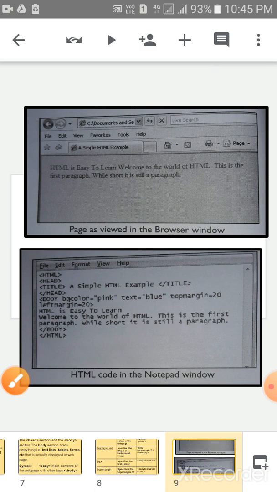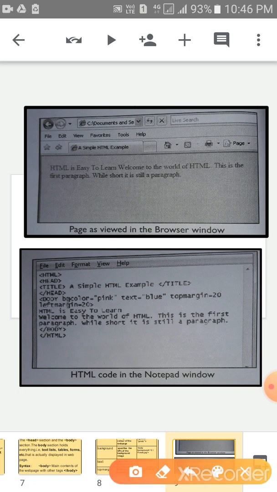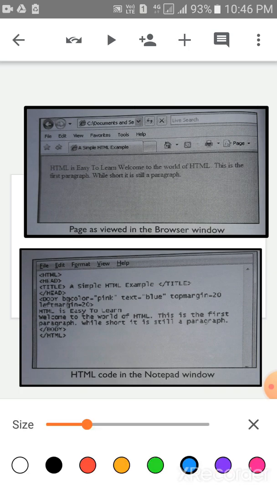Children, look at the screen. This is the picture of HTML coding in the notepad. This is the coding of the notepad window: HTML, then head. After head you have to write the title tag. This is the opening tag of title and this is the closing tag of title. In between you write down the title name.